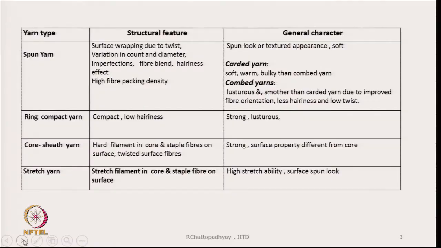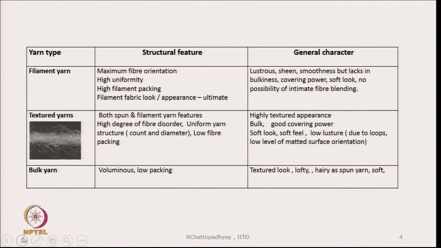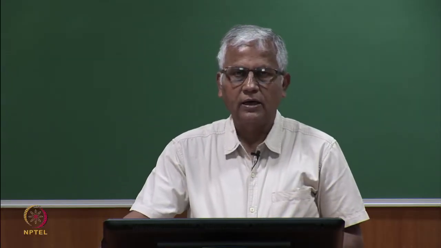Similarly, other yarns are also of this type; the structural features and general characteristics are stated in this table. So, this is going to help the designer to choose, and they can expect what type of characteristics will be there in the final fabric, and from the fabric they will make some other product. So, in the product itself,